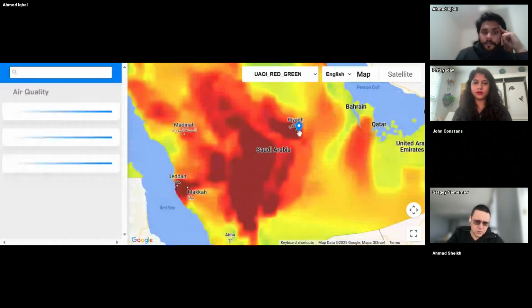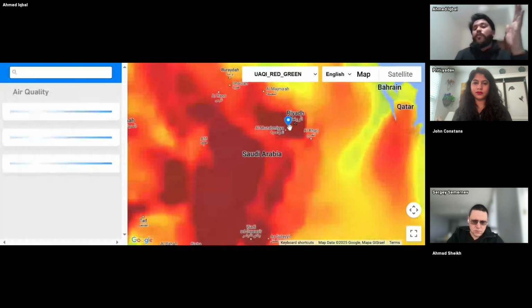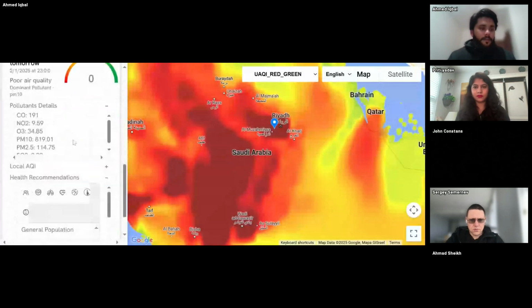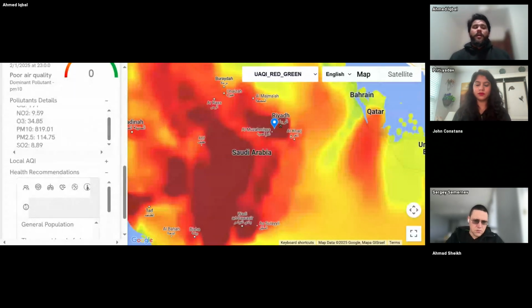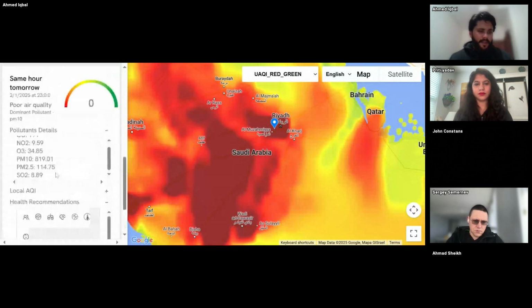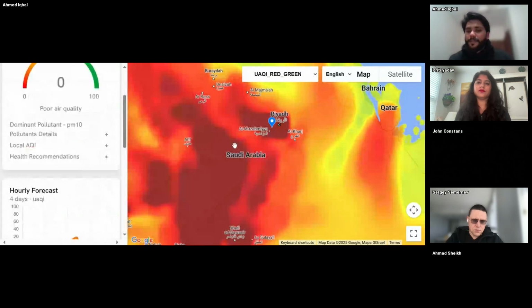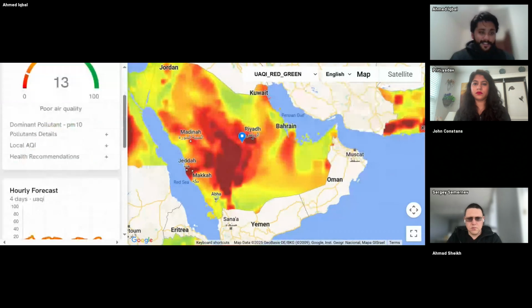I think for some reason it's all broken, but it actually shows you real-time air quality data. For example, you can see carbon monoxide, nitrogen oxide, ozone, different aerosol particles and even sulfur dioxide, and it even gives you health recommendations. So you can utilize these APIs in various different apps and whatnot. And yep, so it fired up, and you can see that the air quality is quite poor in this particular